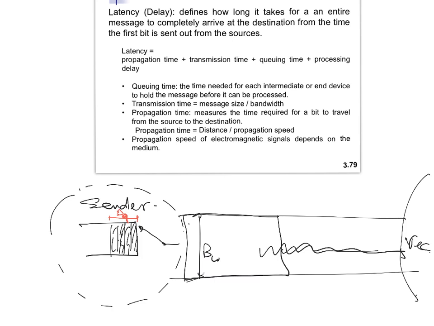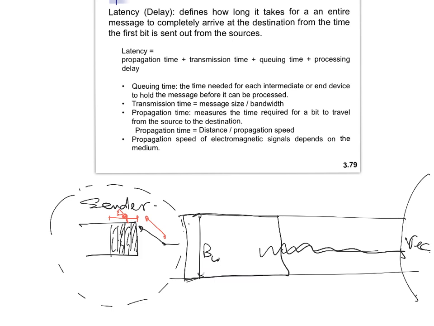So queuing delay is the wait time that a frame or a packet stays in the queue. Why do I say frame or packet? Because in the network layer there is a queue, and in the data link layer there is a queue. Okay? Then, whether it's a switch or a router, it will take the packet and process it. What does process it mean? Look at the header, process the fields of the header and so on and so forth,